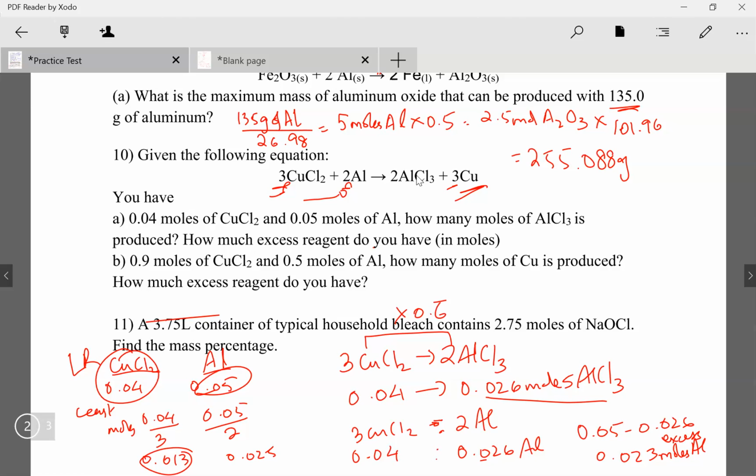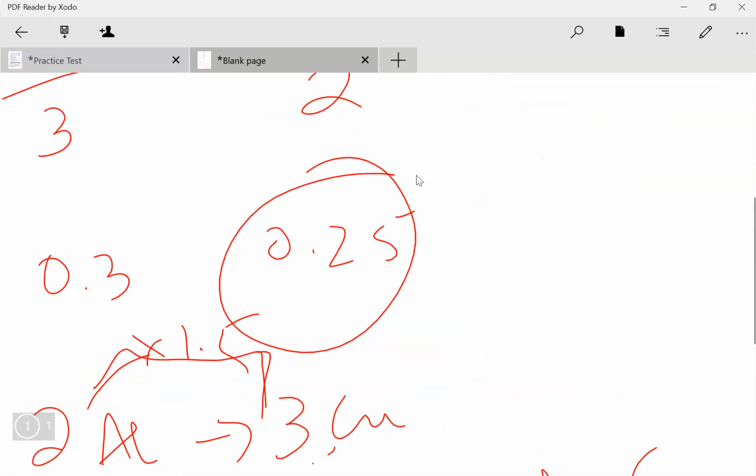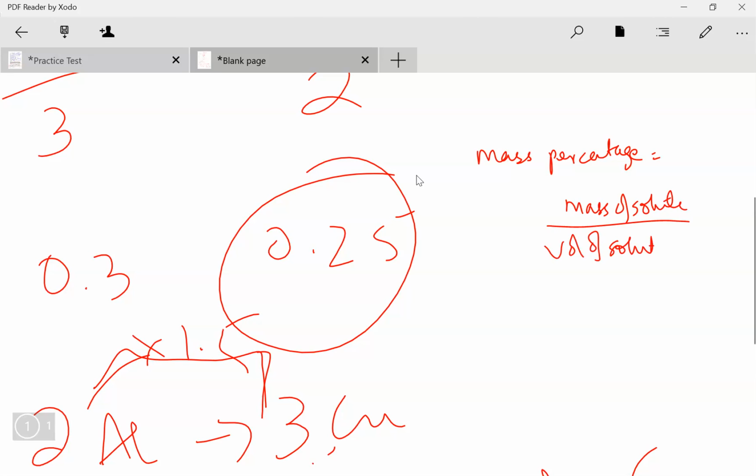Okay, we're going to do question number 11. So find the mass percentage. So we're going to do mass percentage equals mass of solute divided by volume of solution, just because that's easier. So mass of solute is, let's see,